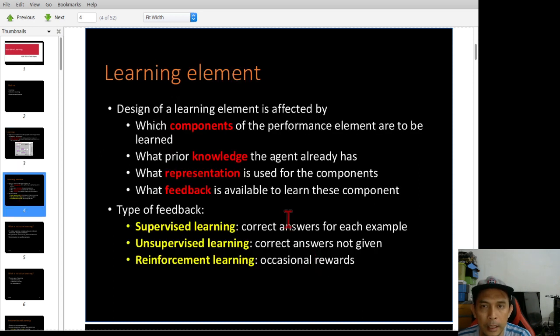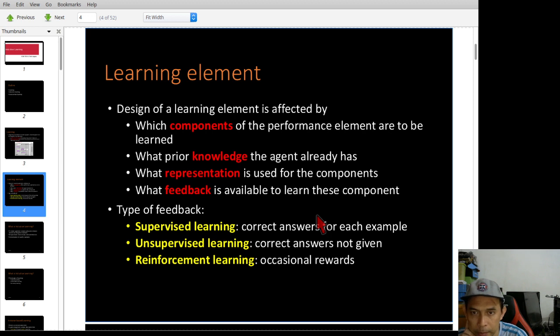For the learning element, there are four factors that can affect it. The first ones are the component and the knowledge, how you represent it, and the feedback as well. Feedback is very important here. There are three main types of feedback.